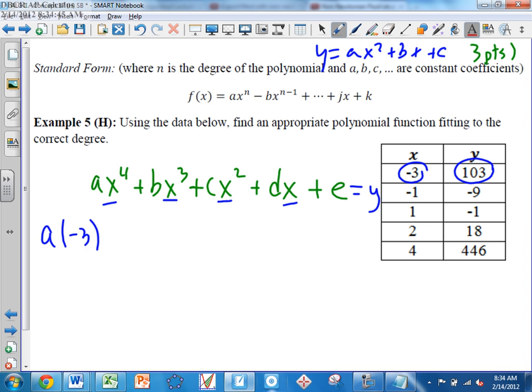So -3, I'm just simply going to write it as a substitution first, and then we'll explain what each one is. If you know already, just go on your own, please. But when you plug in the -3 for these,